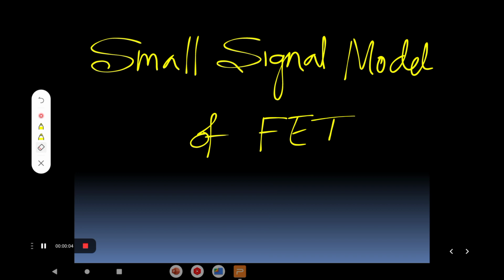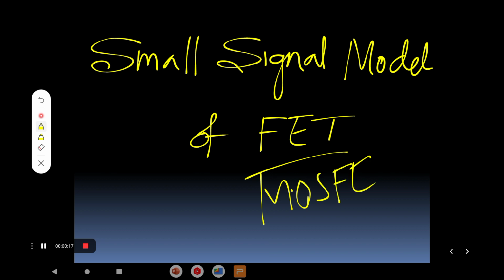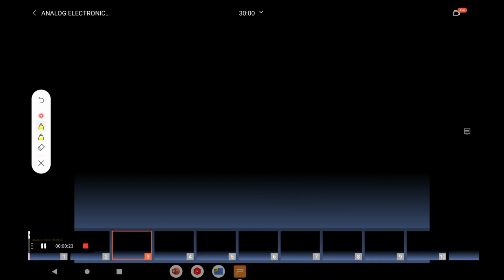In this video, we are going to see about the small signal model of a FET. So that FET is nothing but obviously we can call as a MOSFET, right? MOSFET. Okay. So let us see here. So for a MOSFET,